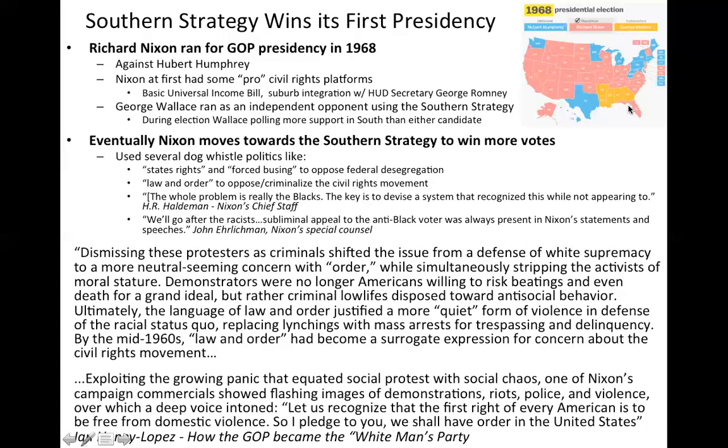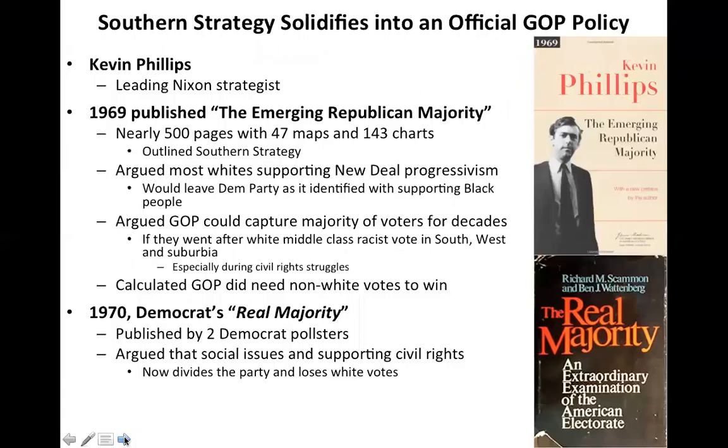George Wallace still takes over most of the South. But that really convinces Nixon at this point, and a lot of political strategists, that the Southern strategy is the way to go. Kevin Phillips, a leading Nixon strategist, writes his report the year after that. This is the '68 election. He publishes The Emerging Republican Majority, and through hundreds of pages, maps and charts and all kinds of data, he proves that if the Republicans back this Southern strategy, these coded racial appeals to white voters, they could dominate the government for a really long time,